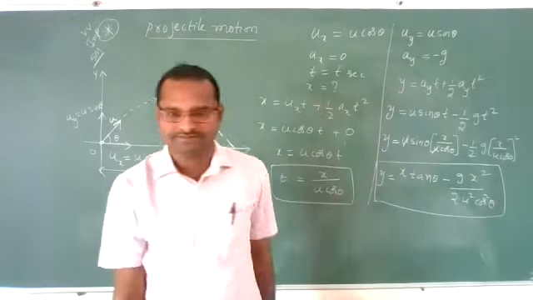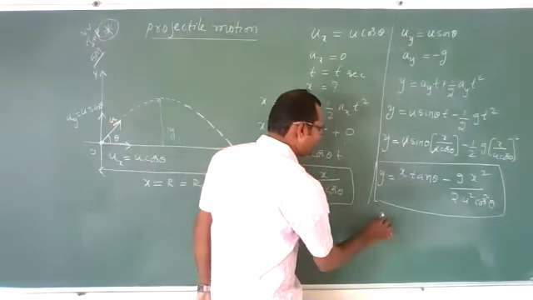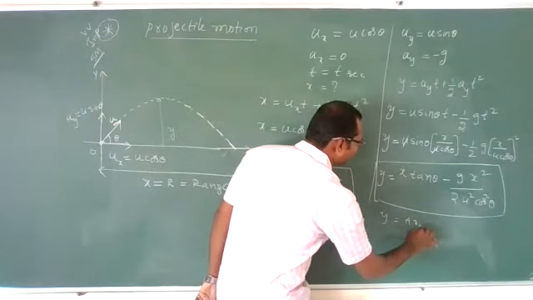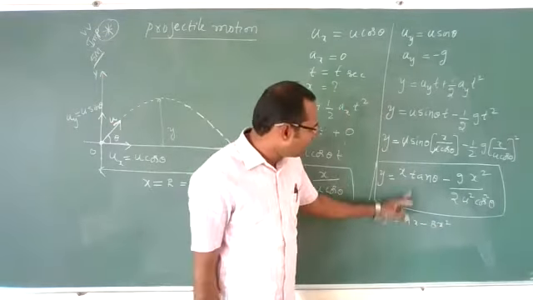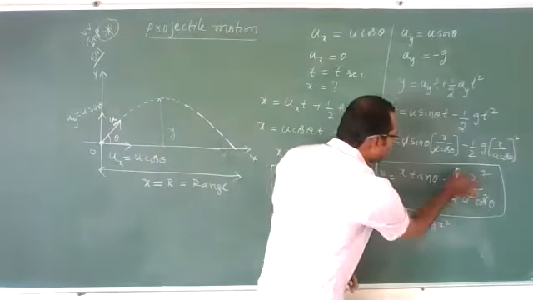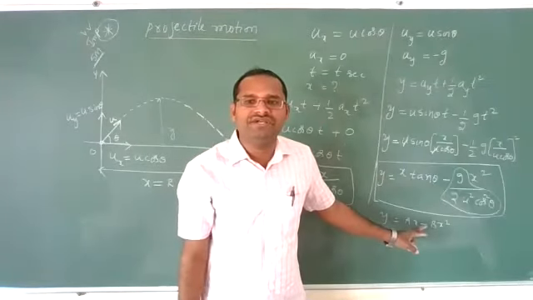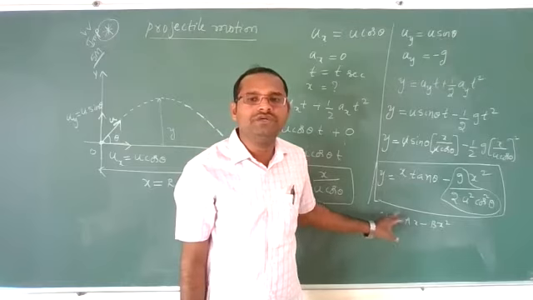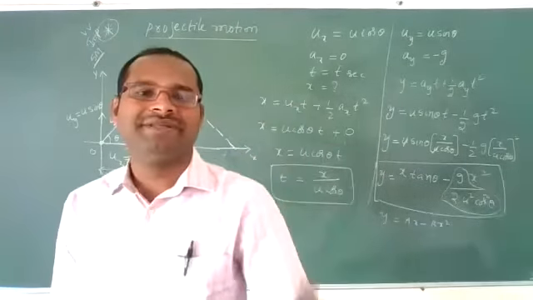You need to prove this. This equation is in the form of y equal to ax minus bx square. Here a is nothing but tan theta, b is nothing but g by 2u square cos square theta. If any equation is in the form of y is equal to ax minus bx square, then that equation represents a